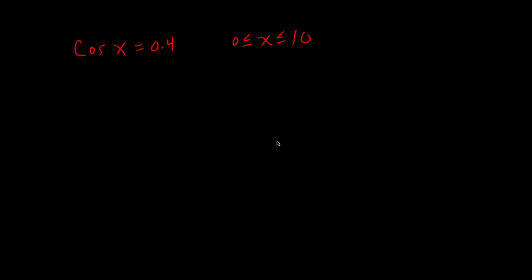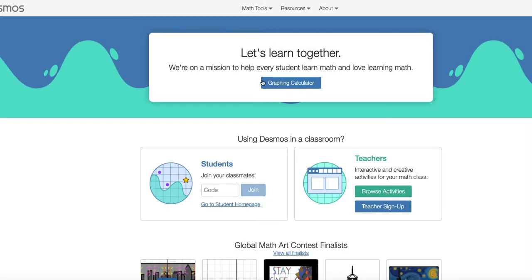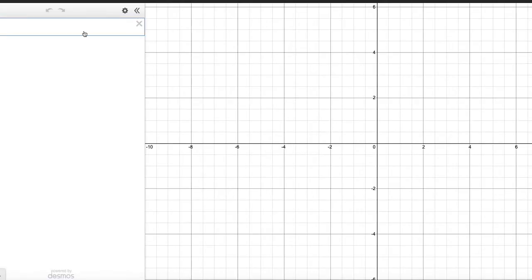Hey math kids, today we're going to talk about trigonometric equations, and this is the problem that we're going to start with. What they're asking us to do is solve it using radians and the graph. And so all we need to do is go to Desmos or use our graphing calculator, and we're going to graph cosine